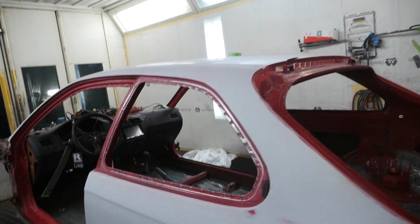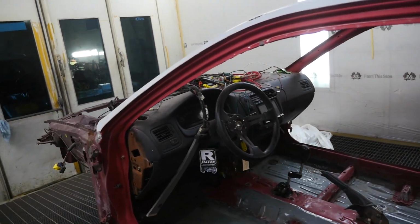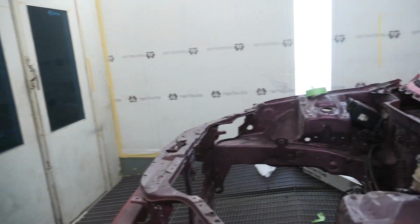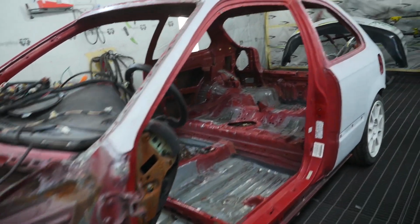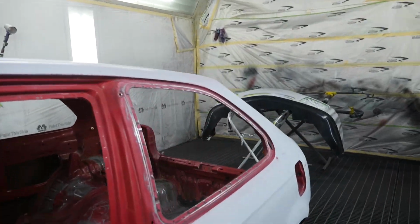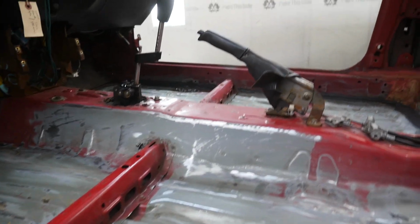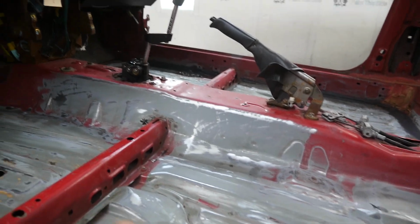A full tear down. You're basically taking every molding, every little clip, every little piece off the car because it's getting fully redone. You have to make sure that the part is in good condition because, as you can see, this was kind of redone a little bit. Once we took off the soundproofing,